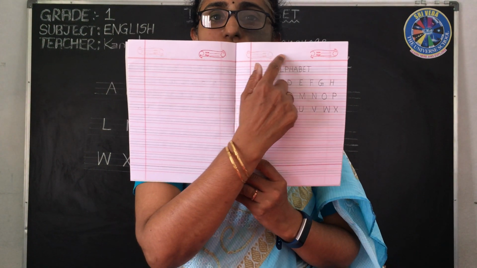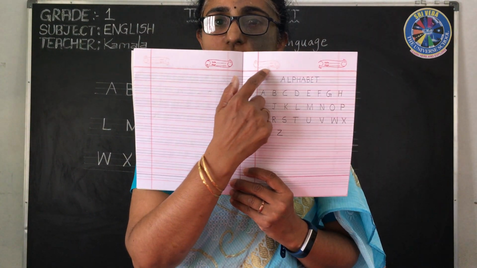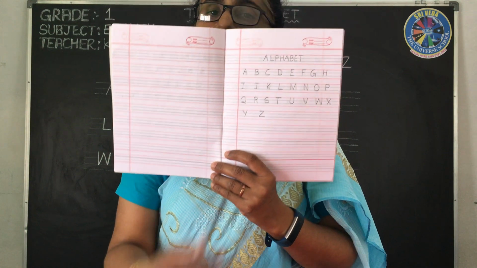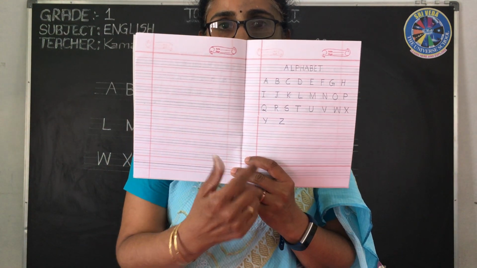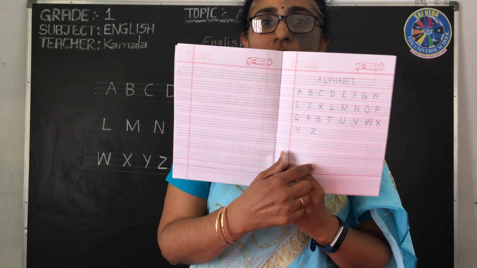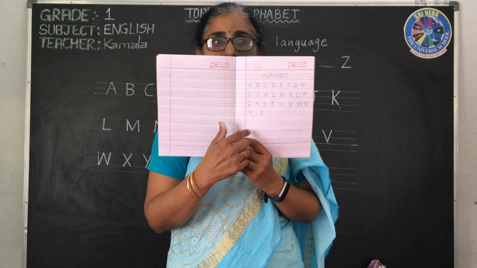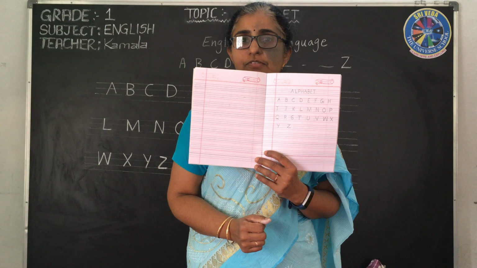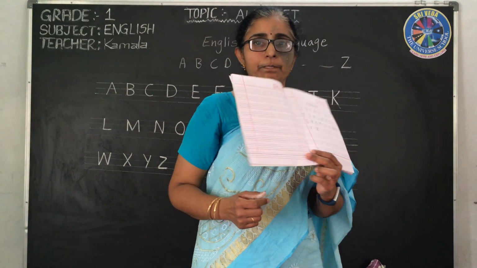First you have to put the heading alphabet, then you can write the date, and then you will write like this. We will send a picture of this one for you so that you can follow this. Then you write 3 times. You can write 1, 2 and turn the page, write 3 times for homework.